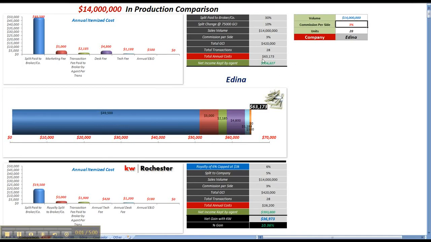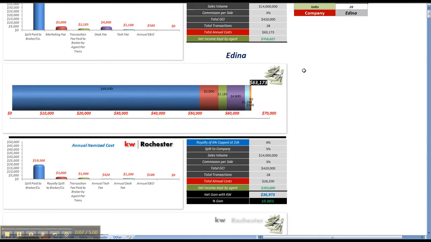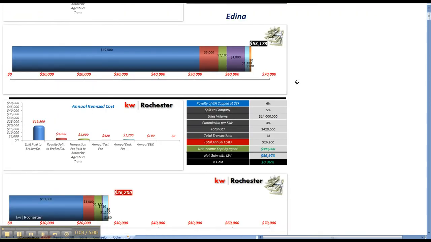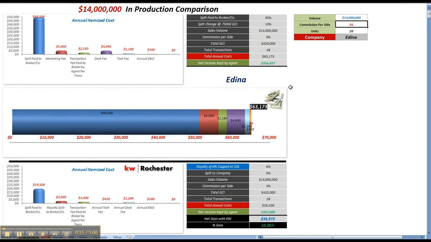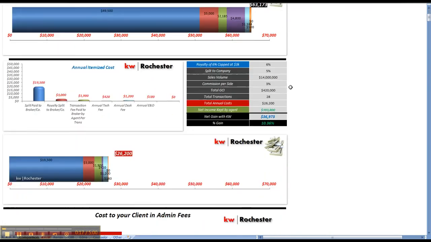All right, what we're looking at here is an ultimate commission comparison calculator. So comparing our company, if they would come to our company, how much money they would save versus their company. And we made it into a very visual thing for them, so you can just do a one-page print off. It shows exactly what they pay to their company, shows exactly what they'd pay to us, shows the two charts